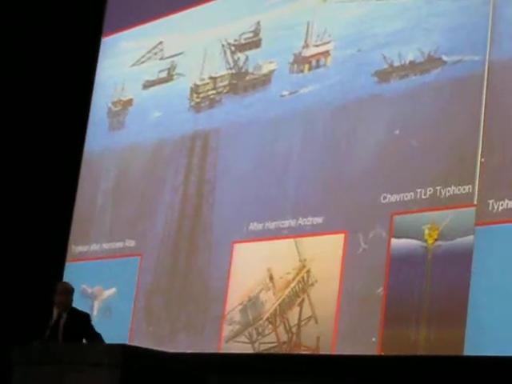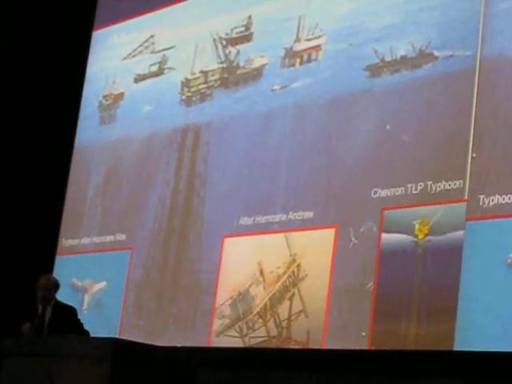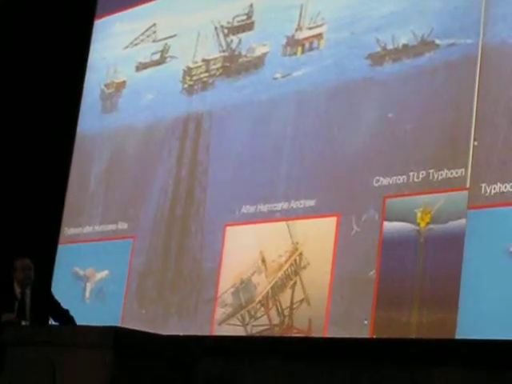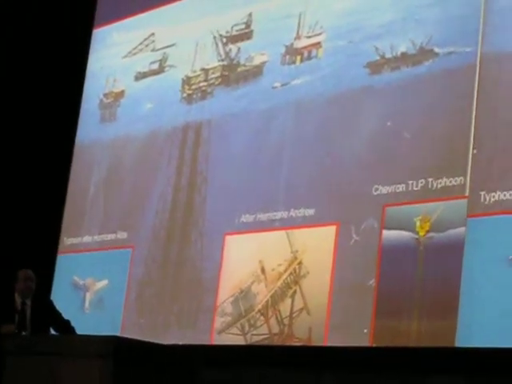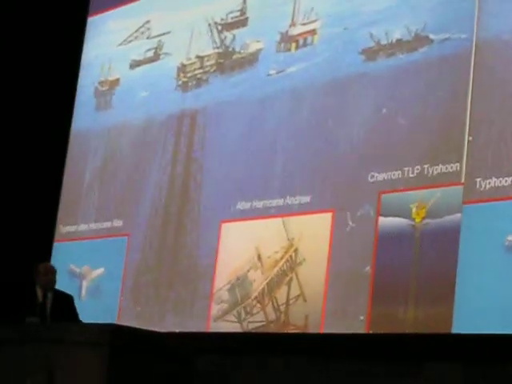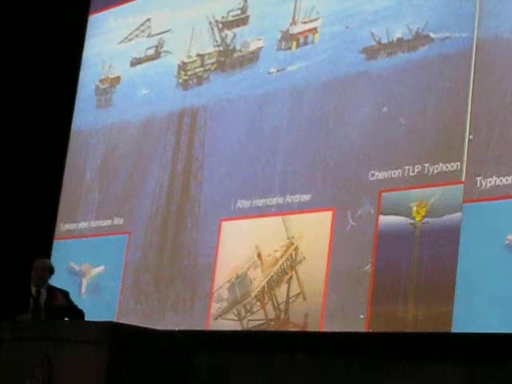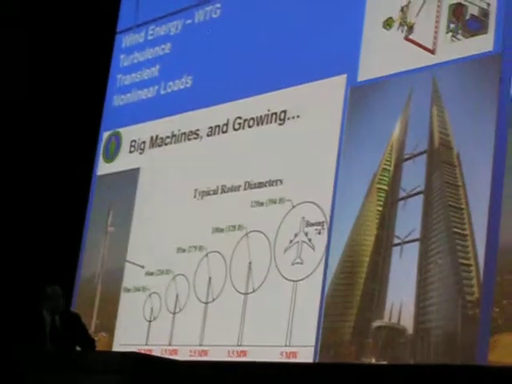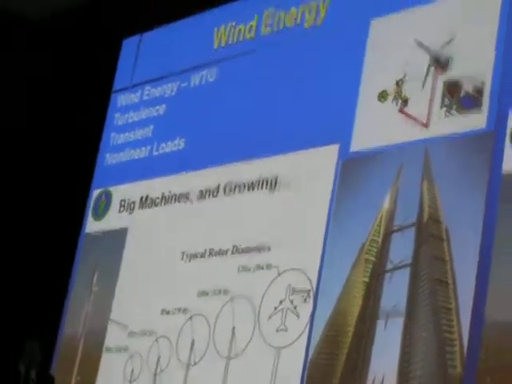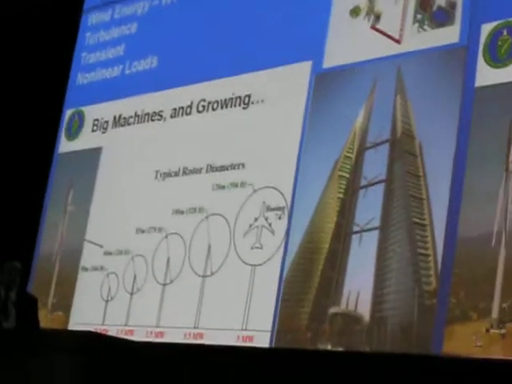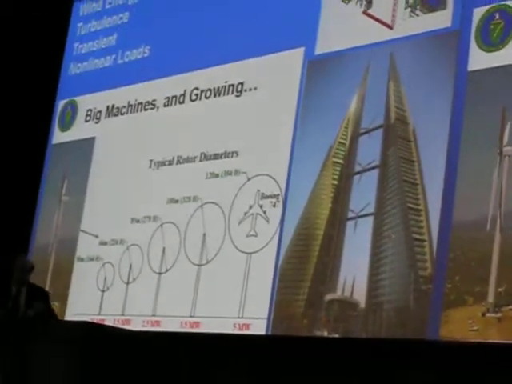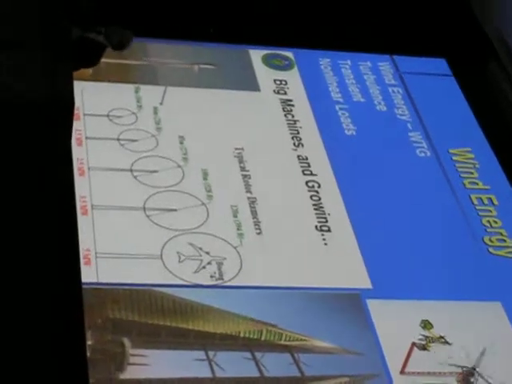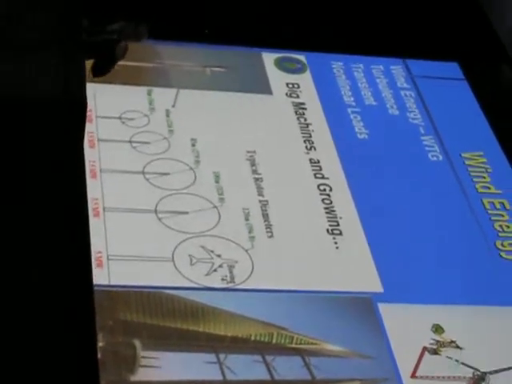In the offshore area, we have deep platforms in search of oil. And here is an example of Chevron's TLP named Typhoon, and you can see this is what happened afterwards, because somebody clipped one of the cables, and that resulted in Hurricane Rita. So these types of structures also have a lot of challenges, and as you can see, windmills are becoming very popular now. The size is almost a 747, and we have inside the buildings also some of the turbines included. And in case of turbulence, once again, the stationarity of winds, because the power changes with that, as well as non-linearity because of the turbulence, the performance of the windmill is affected.